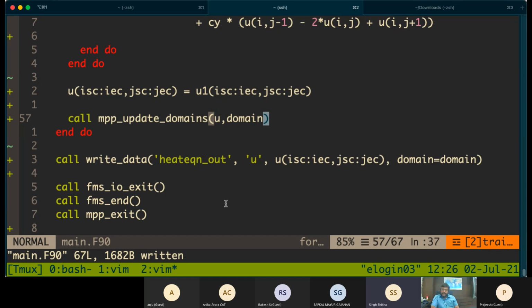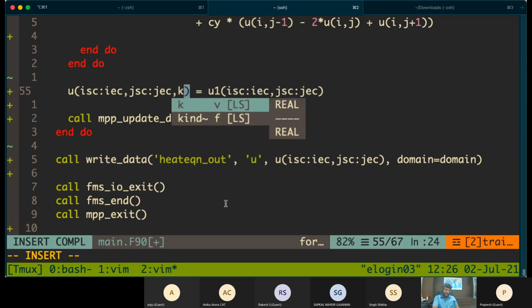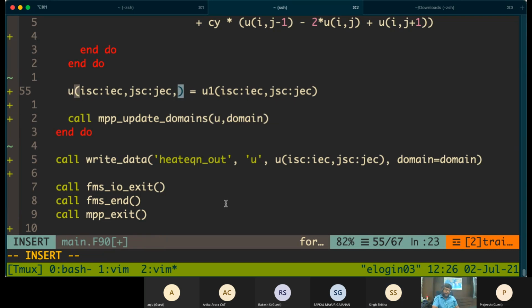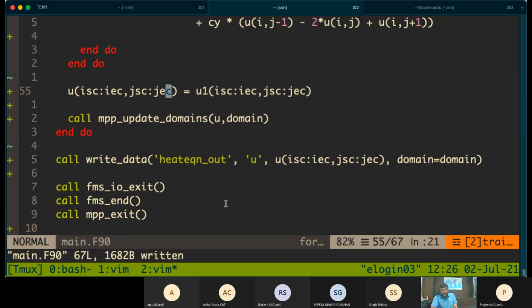We cannot call multiple variables in a row like U, V, and W comma domain; we should repeat this syntax, one variable at a time. But you can call a 3-dimensional variable. If you had K also in this dimension, you can just use U directly. It will update all the boundaries in all the levels.